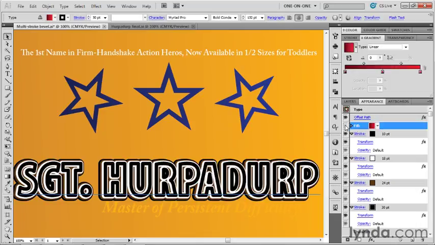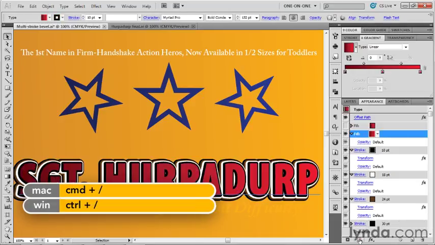Just click on its eye to turn it off. That's going to give us a very unfortunate result. We're going to see through the fill down to all of these strokes piled on top of each other. So let's go ahead and add another fill. That'll just be a placeholder so that we can get our work done a little more easily. So I'll click on Stroke to make it active, and then I'll click on my Add New Fill icon down here at the bottom of the Appearance panel. You can also press Control-/ or Command-/ on the Mac,